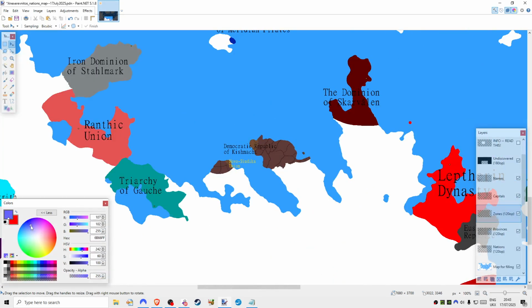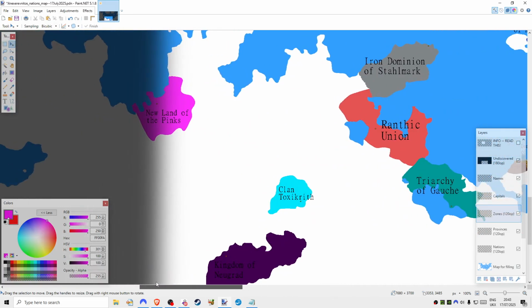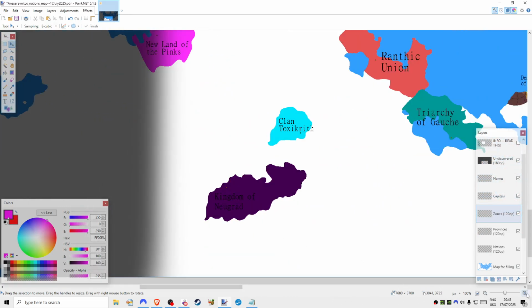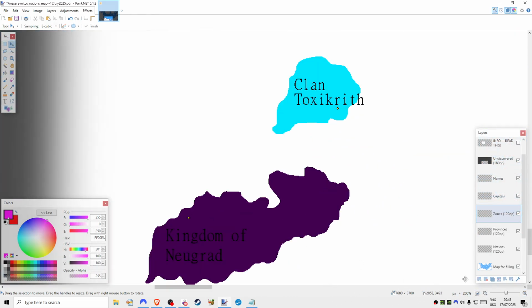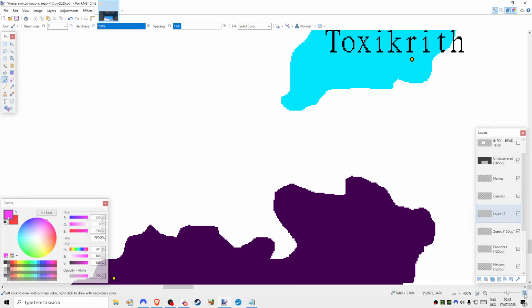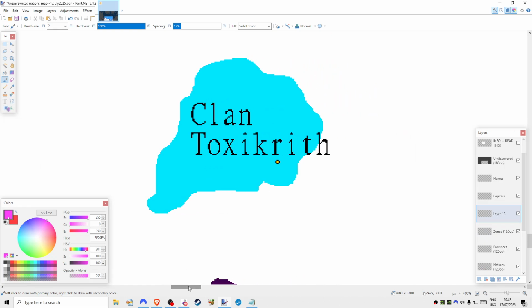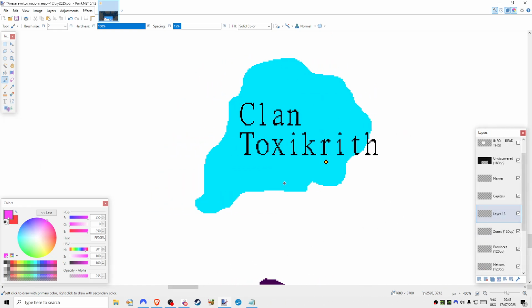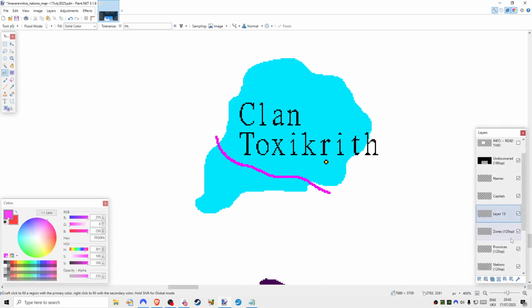Let's say I want to add a zone that's in pink, and I want to add it to Clan Toxicryph. Okay? So, you add a new layer here, if you've not noticed that. And then, what you do is, you do something similar to the nations. You would go to zones, and then you go from solid colour to